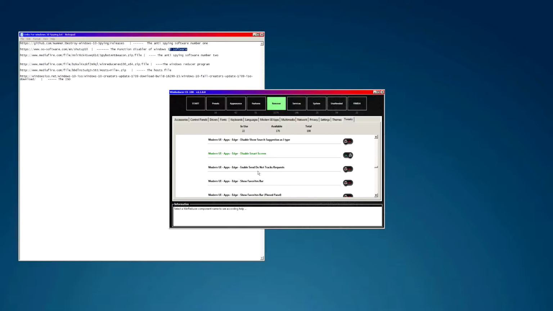Disable Smart Screen, we're going to do that. Use Dark Theme, we'll do that. You don't have to use the dark theme if you don't want to. Let's see, monitor by